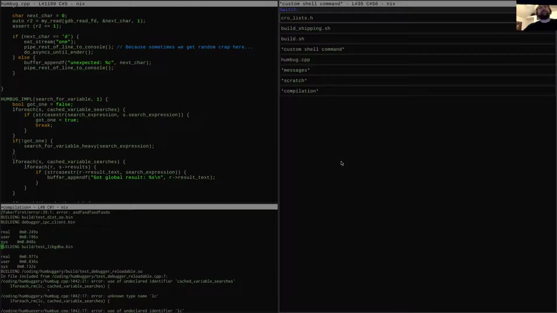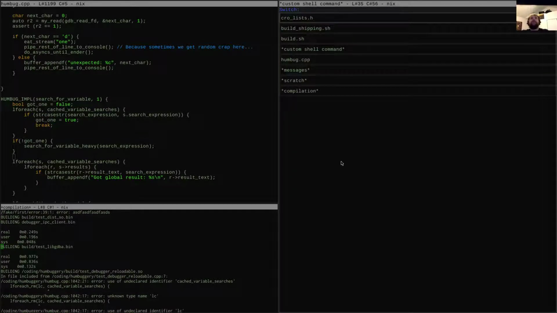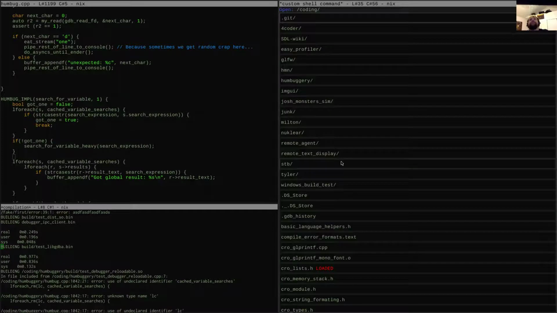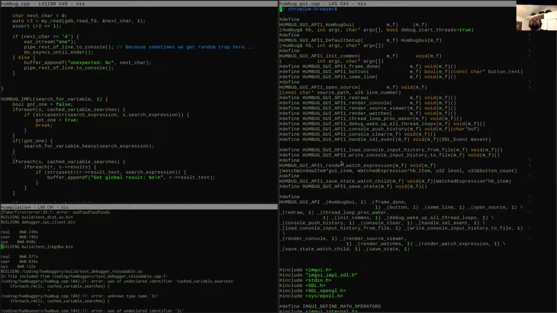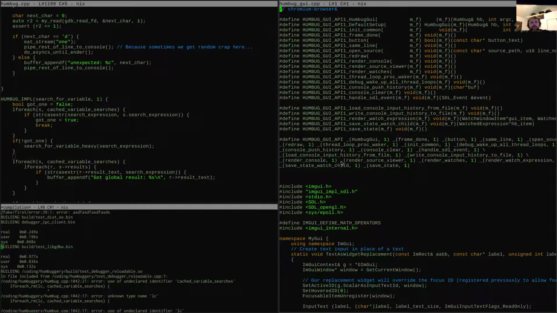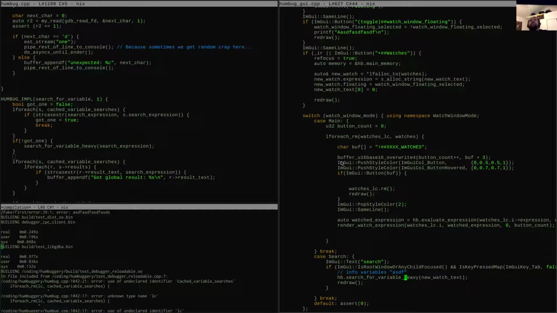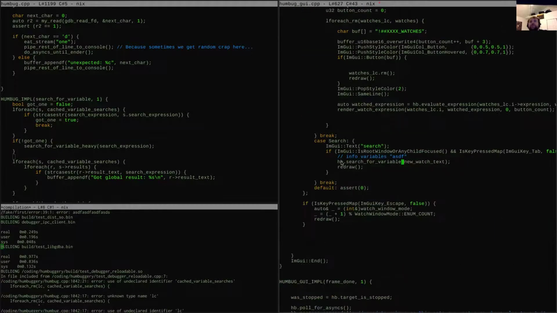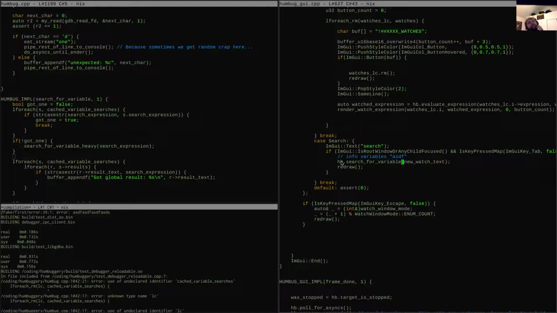One last thing I want to do is change the GUI side of things to call my non-heavy version of the function. So there we go. All right. Nice.